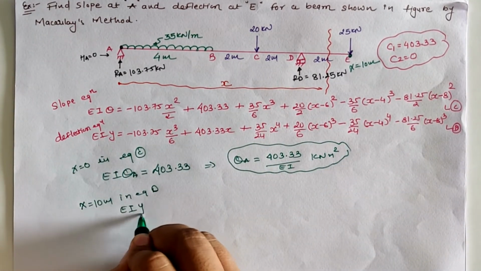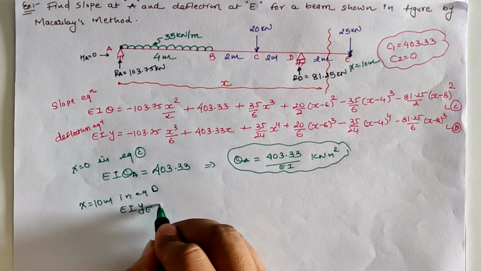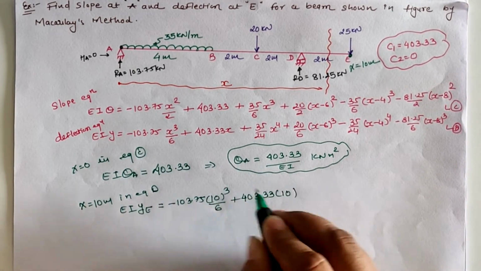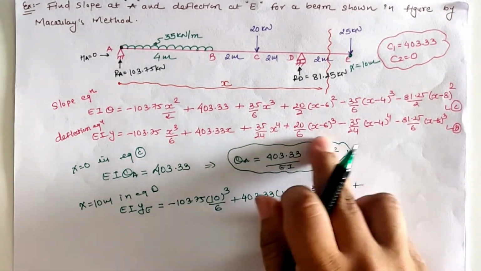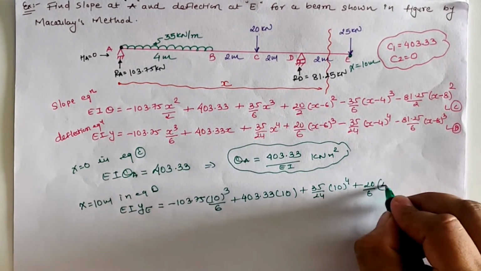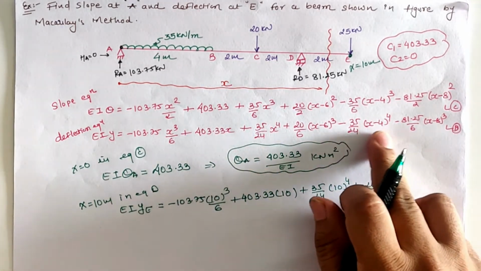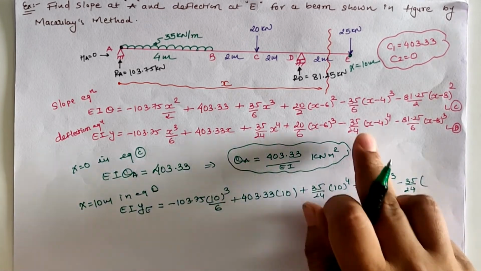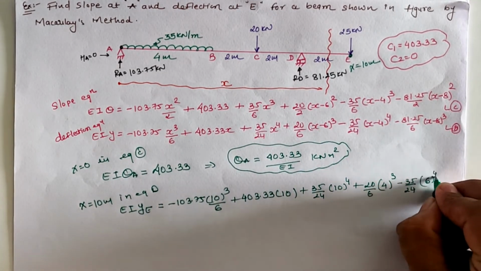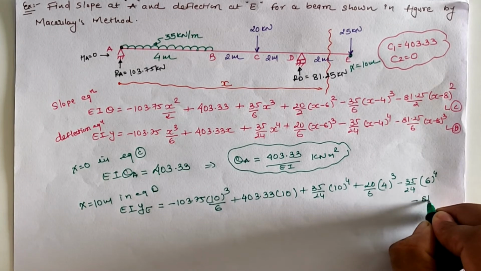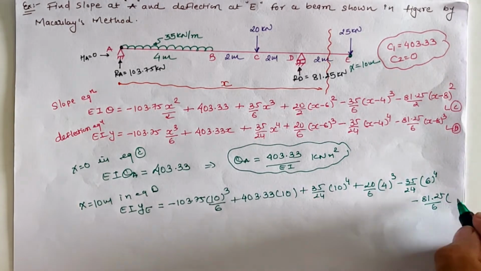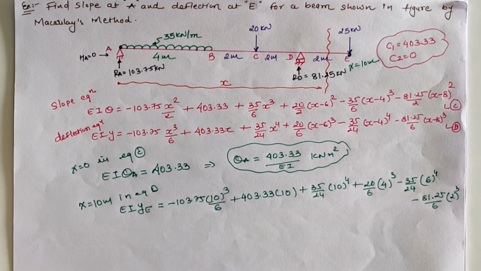We have EI y at location E, which is, 10 minus 6 as 4 cube, 10 minus 4 as 6 raised to 4, 10 minus 8 as 2 cube. Now solving this term, we will have